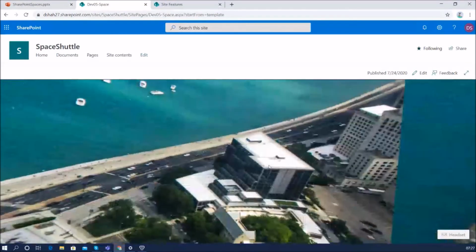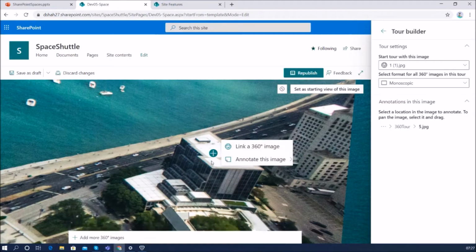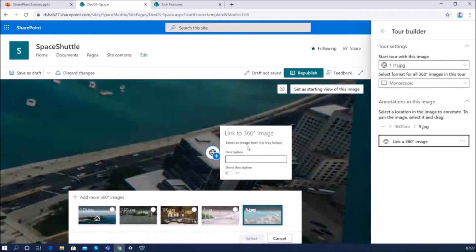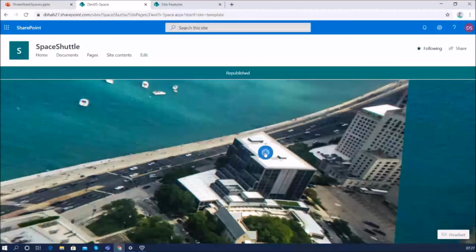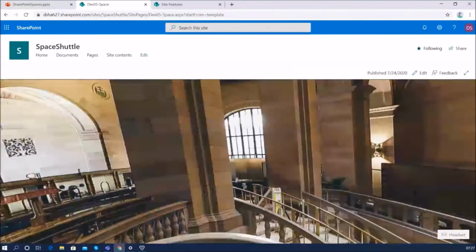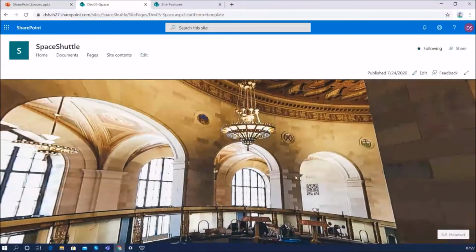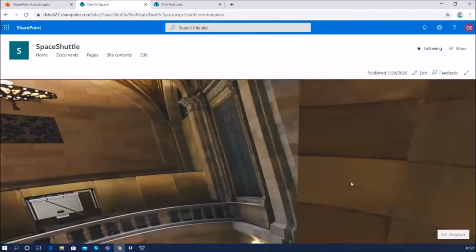Now this is the museum, and let's say I want the user to be redirected to the inside of the museum. So let me add one more element here, link to 360-degree image, and let me select this museum, and let's provide an instruction like museum. Click on select. So now we have that configurable option, and we can see the museum over here. From the museum we can redirect the user to another place as well, but let me not do anything here for this particular museum.